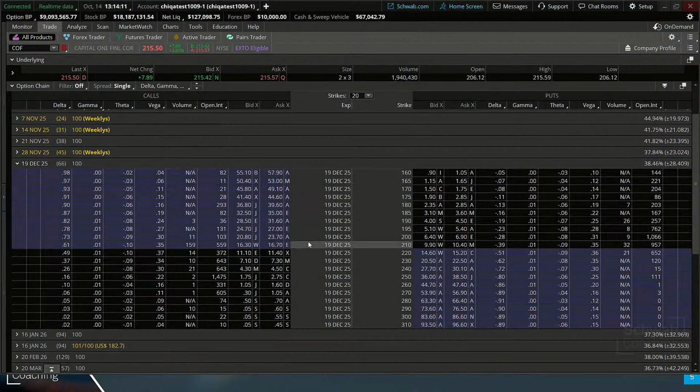So I may want to look for a little bit of intrinsic value in the option. So I may be looking at a 210 strike, for instance. So that gives me a spread of 16.30 by 16.70. We're seeing quite a bit of volume in that contract today. We're seeing quite a bit of open interest, and volume's just the number of contracts traded throughout the day. Open interest is just contracts that are open in the marketplace that haven't been exercised, haven't been closed out there.